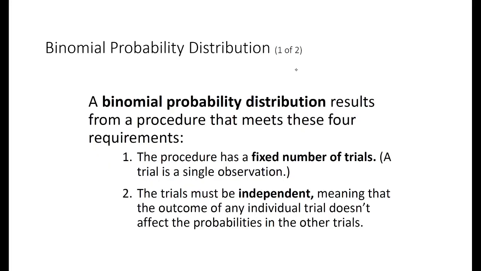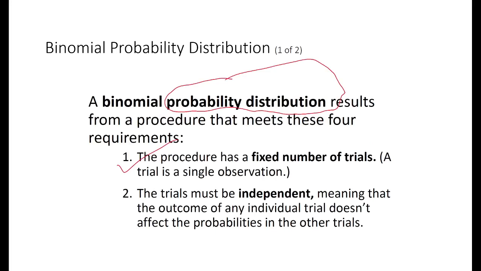So first of all, any probability distribution, remember from the previous section, means a distribution of probability of an event. For any event, how many different possibilities are there and what are the probabilities for those possibilities. That's called a probability distribution, and that probability distribution is called binomial if it meets these four requirements. There are four requirements to have a binomial probability distribution. The first one is